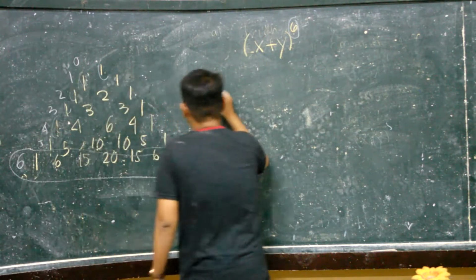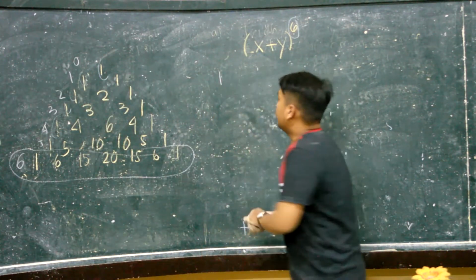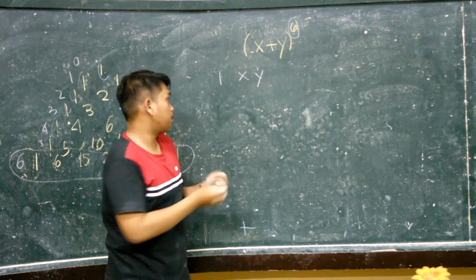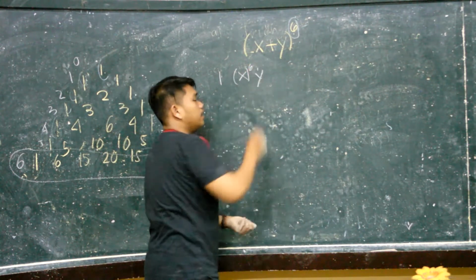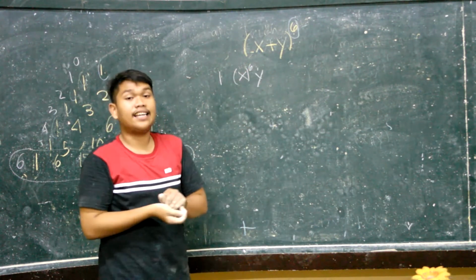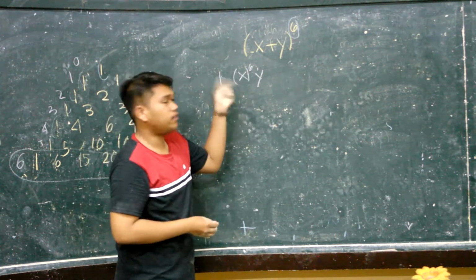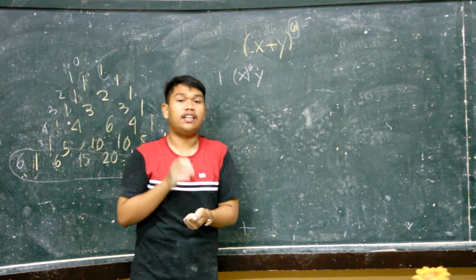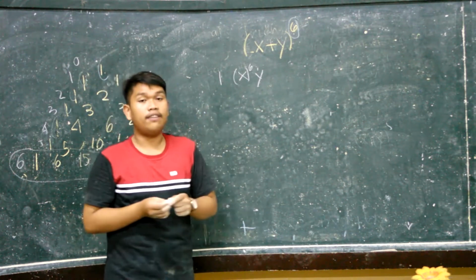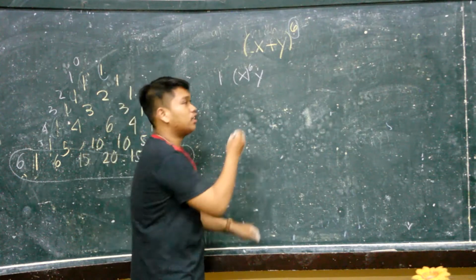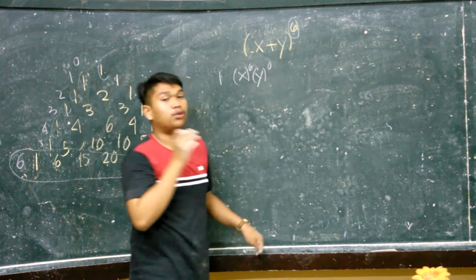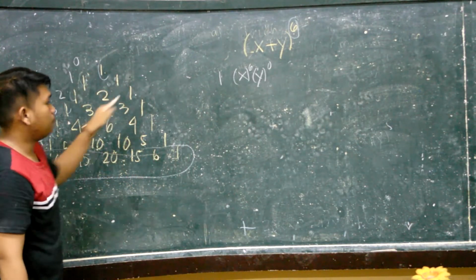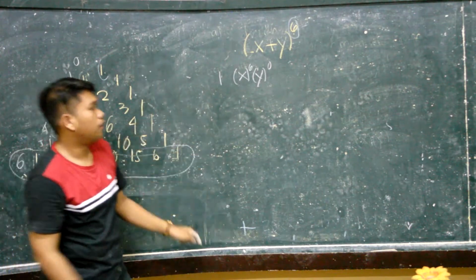So 1 times, okay. The pattern here for x and y is that x starts from the highest exponent, from 6 going down to 0. So the x variable is in descending order, while the y variable is in ascending order. So y starts from 0 up to 6. This is our first term: 1 times x to the 6, y to the 0, plus